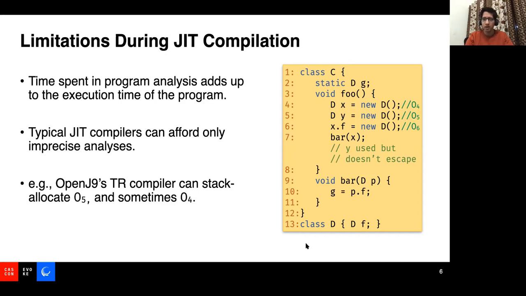For example, if bar is a virtual call such that this call cannot be resolved to a single bar which can be called at this place, then the TR compiler might not be able to determine which bar it is, and it may not be able to peek inside the code of bar, and hence O4 might not be stack allocatable for this piece of code.